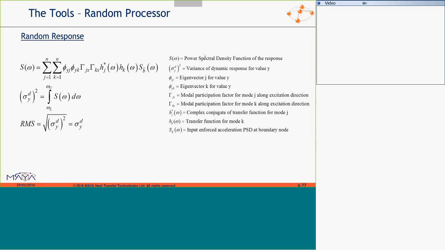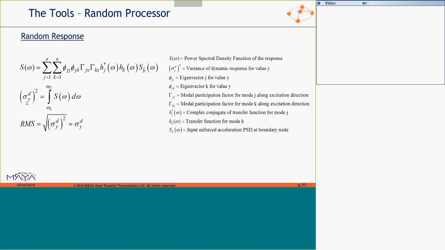If you remember the transfer function we looked at before, this is a transfer function. So the response spectral density is the input power spectral density times the product of the eigenvectors, the modal participation factor, the transfer function, and the conjugate transfer function.